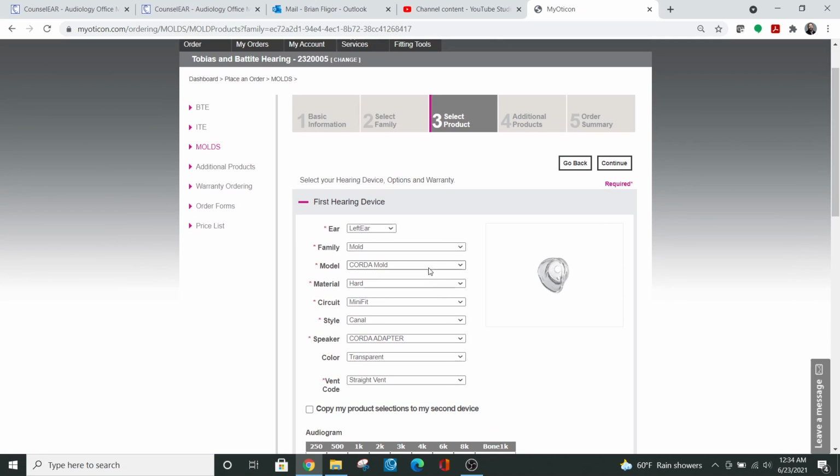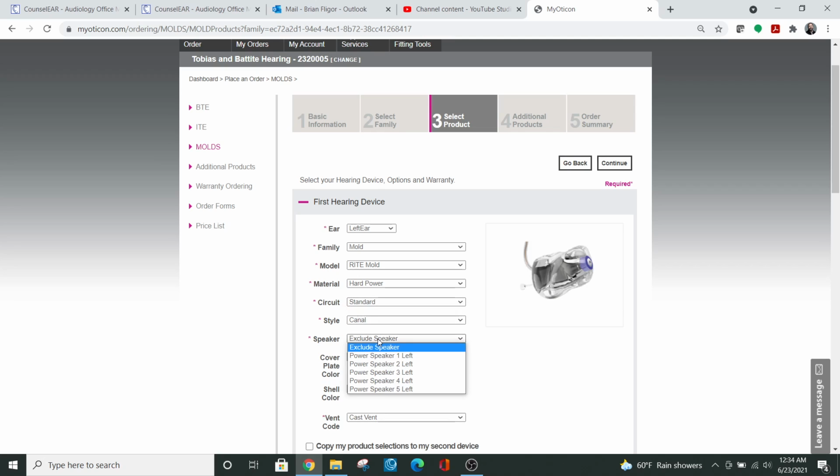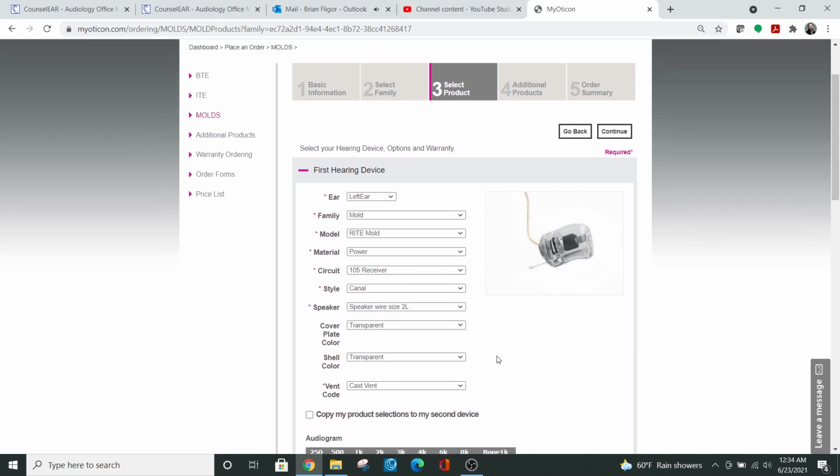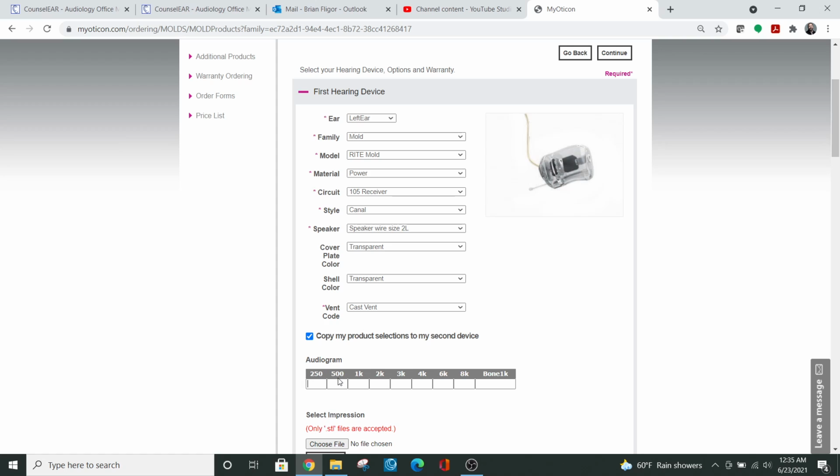Admittedly, I find this to be a little bit challenging to navigate through. So it's not a Corda. This will be for a pair of More 1 minis, rights. I want to do a 105 encased mold, and I can never remember if it's hard power or power. When I just click through and I see these things, I say, oh, right, yes, not this one. If I want the encased 105, there we go. Now I have the choice, pictures right here, and select my side. Okay, there we go. I'm just going to put in a dummy audiogram,